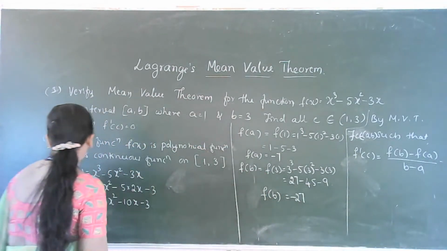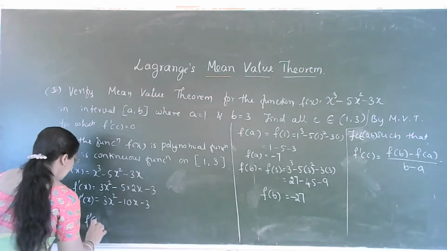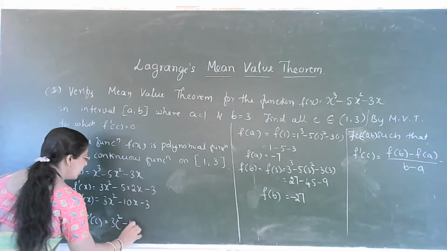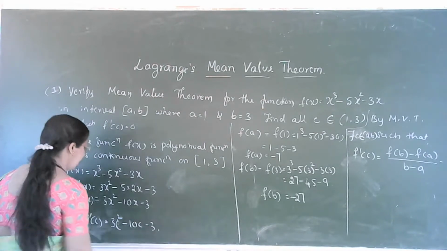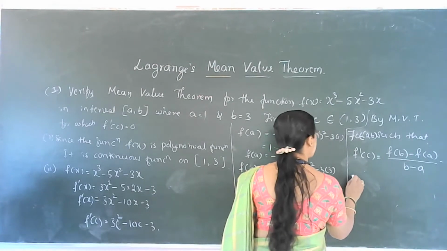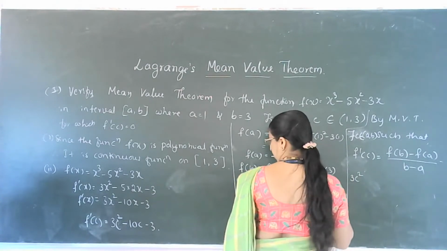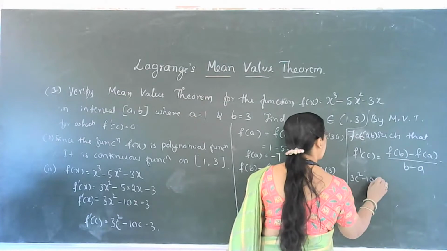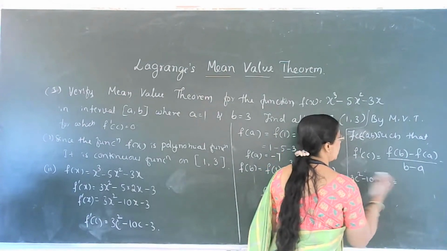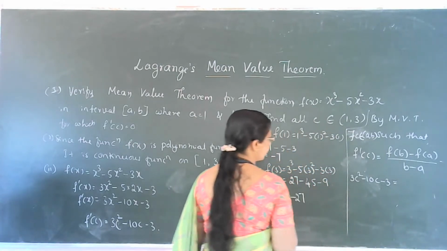Here we put the value of f dash c. I write it as 3c square minus 10c minus 3, which is equal to